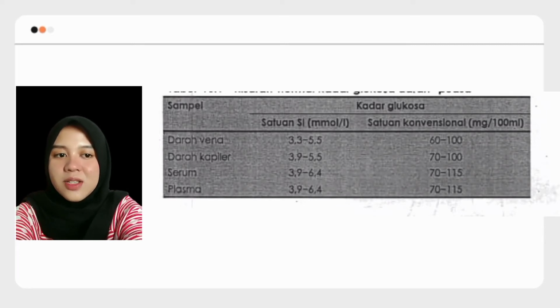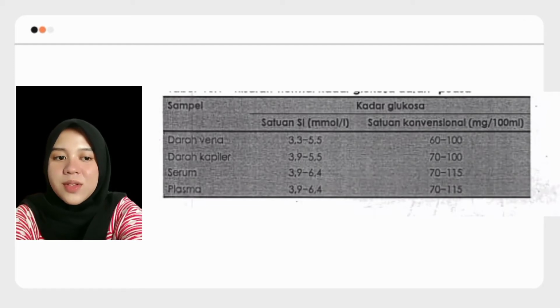Next, replace the solution in the cuvette with solution P. Measure the absorbance AP. Determine the glucose level based on the AP value and the AR value obtained from the previous test. To get the actual blood glucose level, the calculation result is multiplied by 2 because the P solution is diluted by half compared to the original. If the blood glucose level is less than 2.3 millimoles per liter, then repeat the test from the beginning.